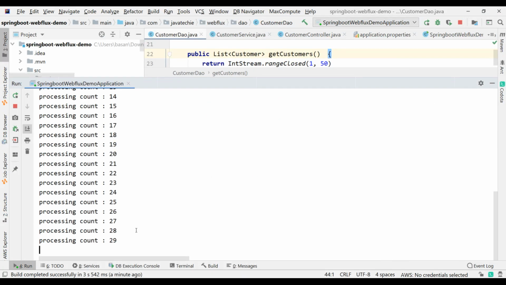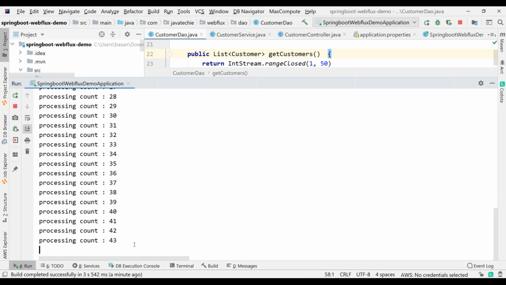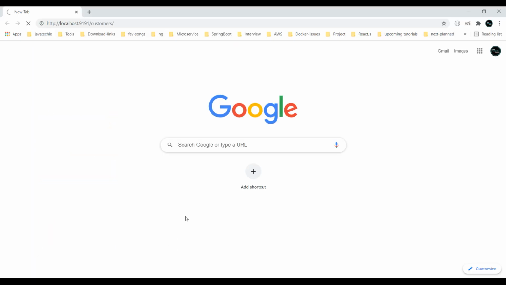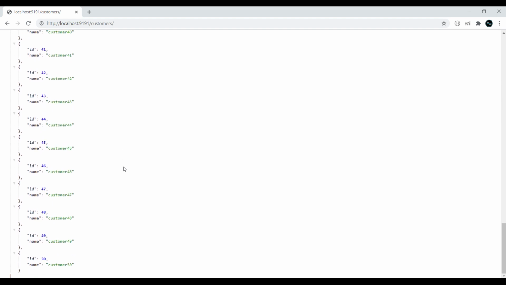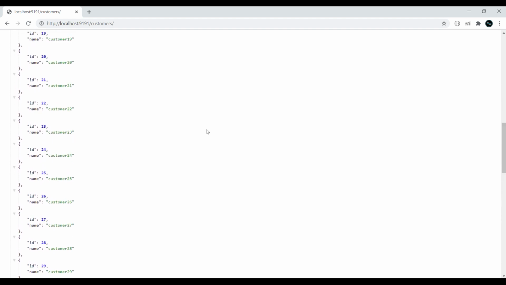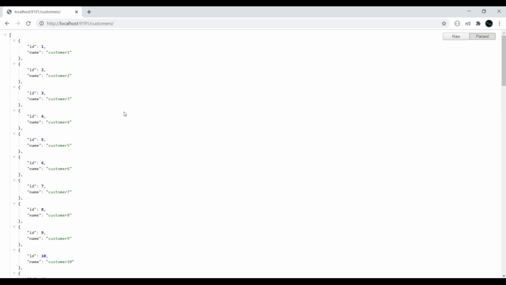Once it reaches the count of 50, we'll get the response because manually I sleep my thread for 1 second per each execution. So see, the count is 36. We are not getting any response. Still it is buffering. Now it is 43, 44, 46. Still we don't have any response. Yeah. Now it reached 50 and it took this total execution time. Now you can see the response here, right? So if you have millions of records, you don't need to manually sleep your execution thread. Okay. So you'll find the actual clarity on what is synchronous blocking.